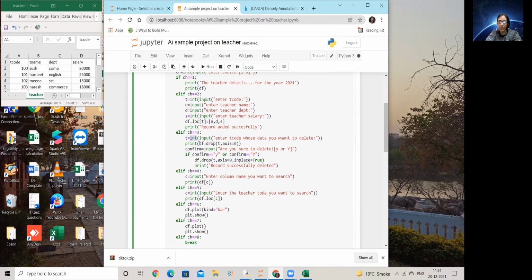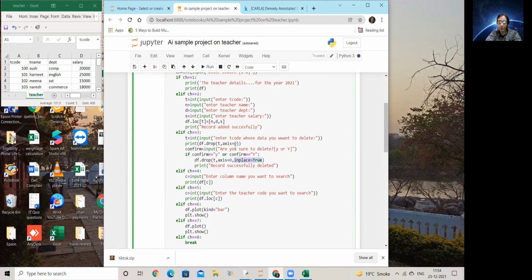Now here I'm going to write df.drop T, comma, axis equal to 0. Now, this is going to do a non-permanent deletion. If I want a permanent deletion, I have to add one more parameter to it, which is inplace equal to True. Okay. Now you want to make it a permanent deletion permanently. Okay. There is no problem in that.